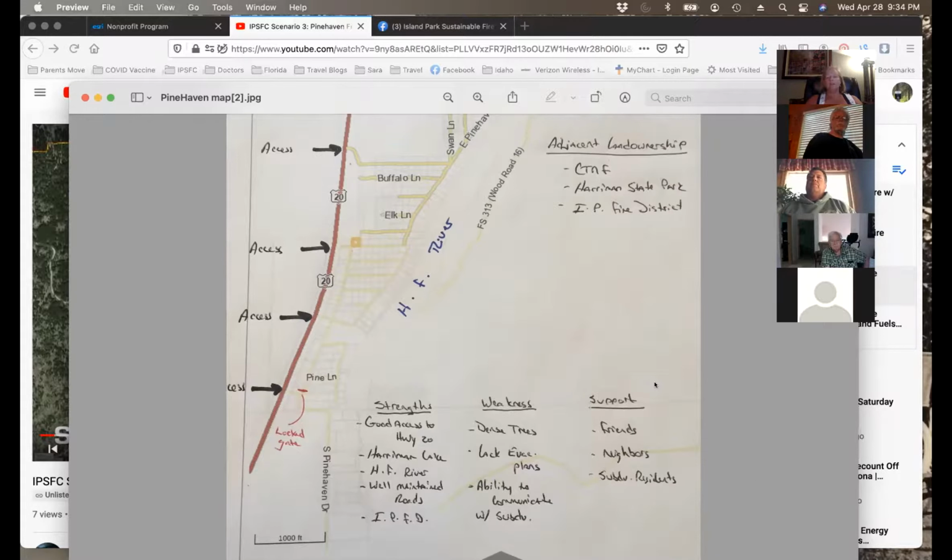I really want to thank Tim for his little evacuation map, his thinking about his community, and his actual pictures of the fire. Just phenomenal. Tim, thank you so much for sharing that with us. Do you have any other last comments about your map or your pictures? No, I don't. Thank you. Awesome. Okay, so